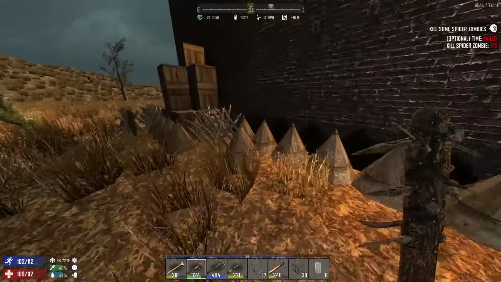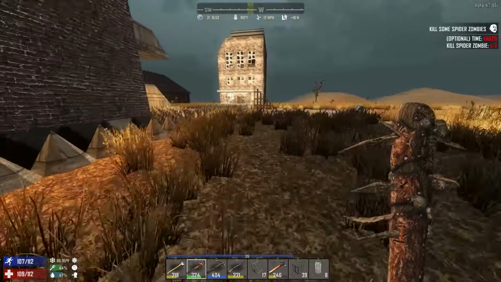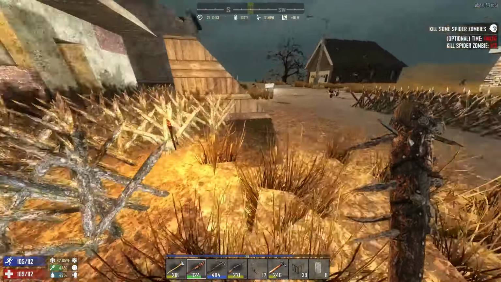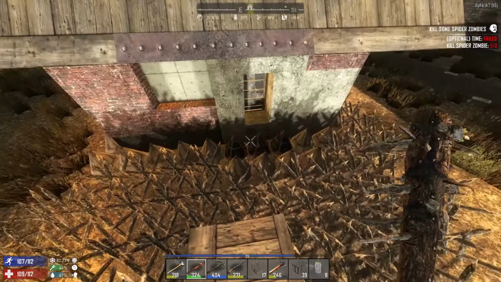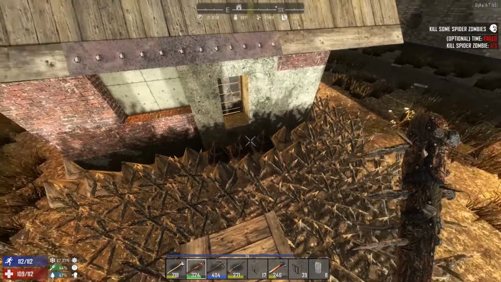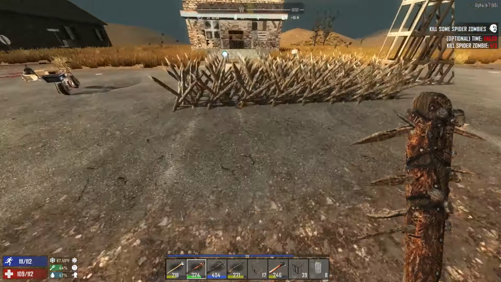Now, I did upgrade a few of these, so a couple of these guys right here, these are metal spikes over here. Well, they're metal reinforced on the wood. And then a couple of these guys down here right at the door, those ones are good to go. Those are as upgraded as those three can get. Now, I can't really upgrade anything else because I kind of painted myself into a corner, but you might wonder